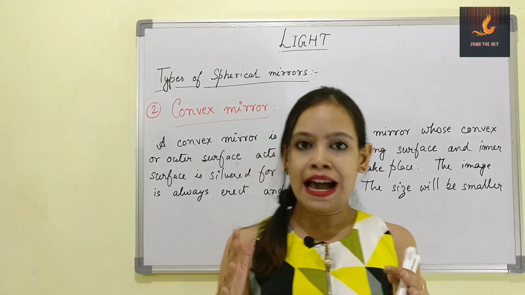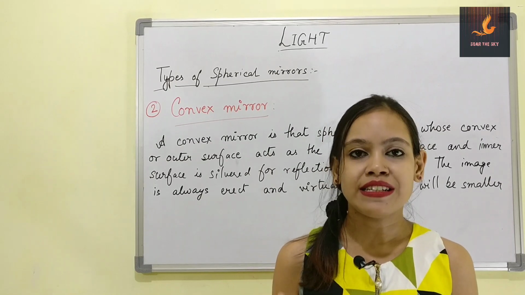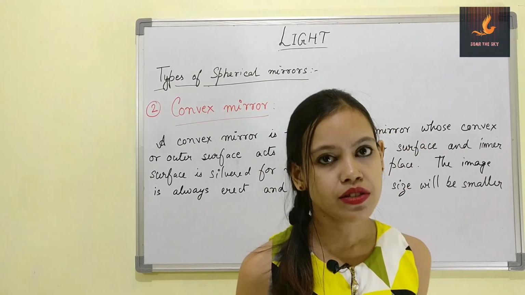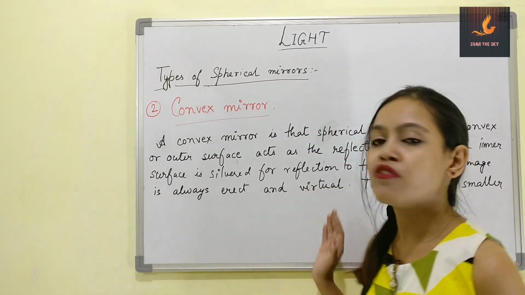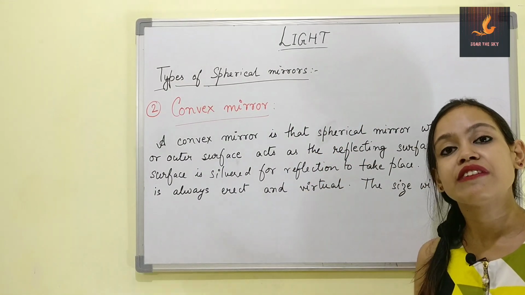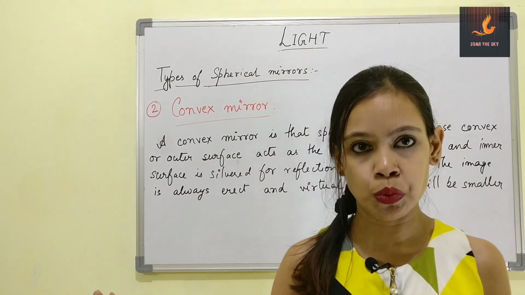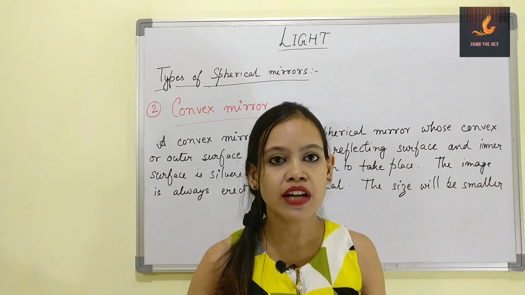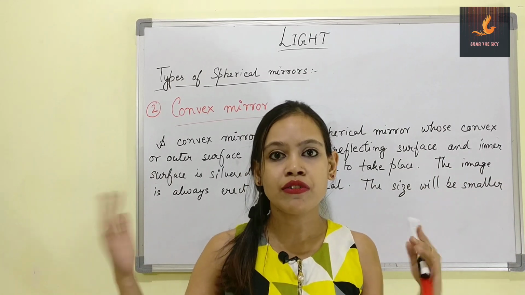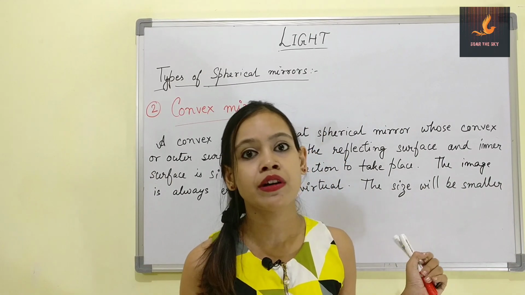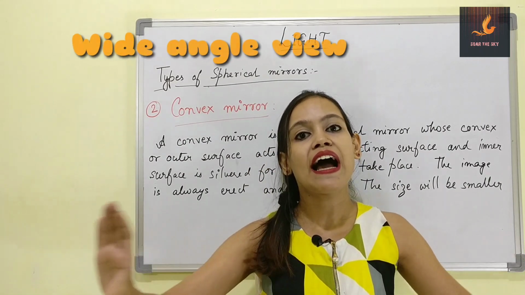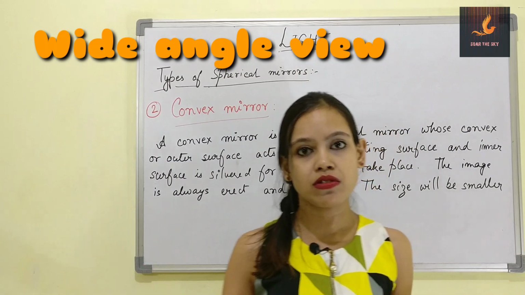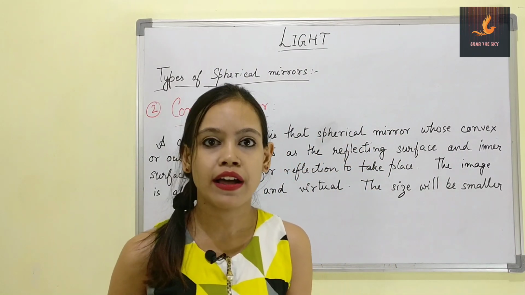Alright, so as we have already studied that the concave mirror produces an illusion of largeness, in the same way the convex mirror will always give us a wide angle view. As the rays always get diverged, the image that we are able to see through a reflection caused by a convex mirror is always a wide angle view of everything. It diverges the images so that we get to see a wider angle of it.